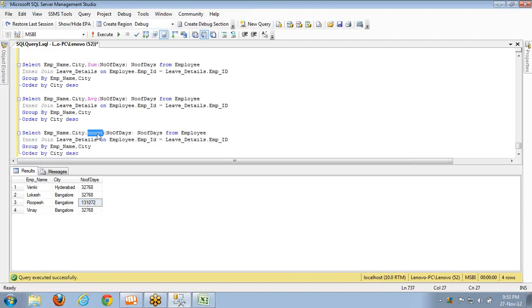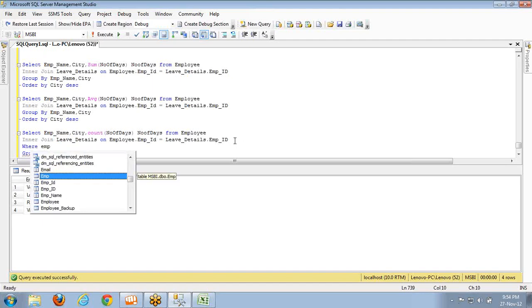We will discuss these aggregate functions, the functions that are available for us to use in SQL Server, later. Try to understand the concept of group by. The two important things you have to keep in mind whenever you are working on group by is, the first thing, all the columns that are in the select statement except the aggregated column. Let's say this is the aggregated column here, count of number of days. So all these things should be part of group by. And group by will be defined after the where clause. If you have any where clause